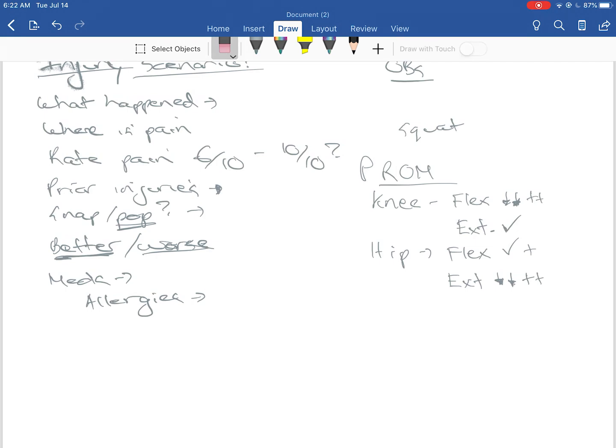Next, we're going to do our resisted range of motion or strength testing. For resisted knee flexion, we're using the hamstring, so it's not recruiting the quadriceps at all. So strength is 5 out of 5. Resisted knee extension, the exact movement that they were doing when they experienced the injury, is quite weak